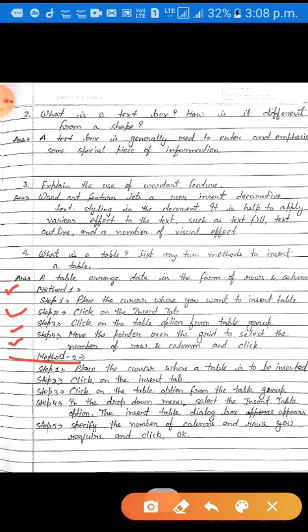The Insert Table dialog box will appear. Step 5, specify the number of columns and rows you require and then click on the OK button. So dear students, these are the two methods to insert a table in your document. Now come to the next question.